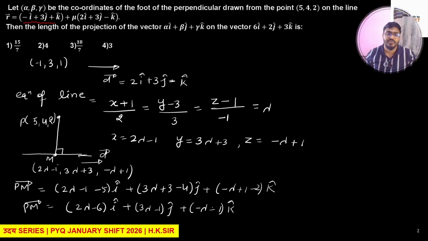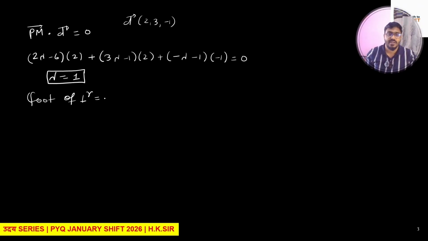जाएगा मेरे पास 0, 1 कोमा 6 कोमा 0। सो फुट ऑफ परपेंडिकुलर आ गया मेरे पास 1 कोमा 6 कोमा 0। अगर फुट ऑफ परपेंडिकुलर आ गया तो मेरे पास अल्फा बीटा गामा आ गया, अल्फा 1, बीटा 6 और गामा मेरे पास कितना आ गया 0।